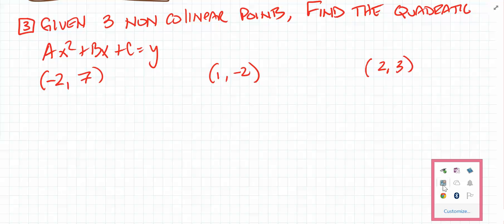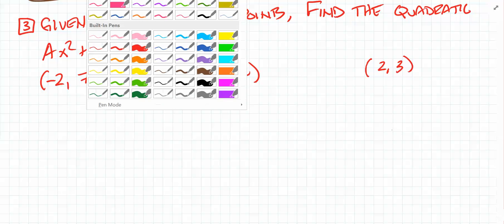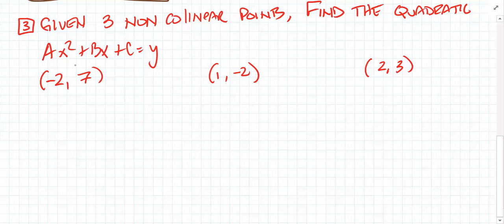Anyways, okay. So here we go. Here's how you solve this on your own. Notice that this is an x and this is a y. You guys agree with that? Yes. And you have that for each of these: x and y, x and y. So for each point, we could write down y is equal to ax squared plus bx plus c. Well, the y value is worth 7,